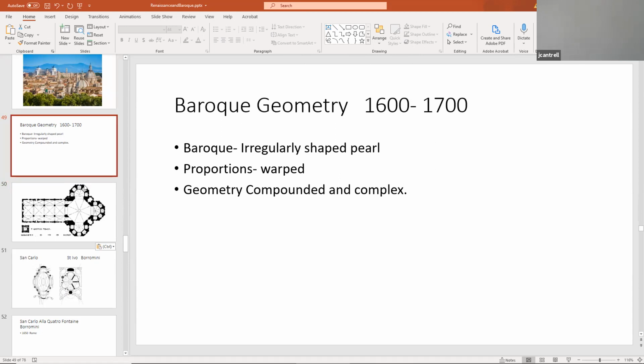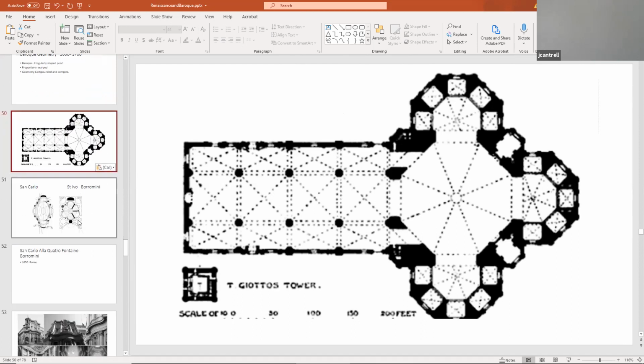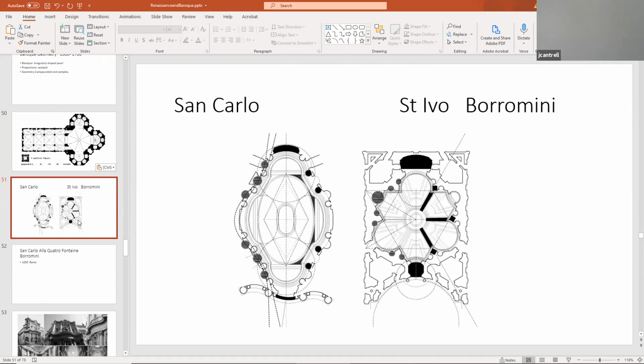Let's take a look at the plan of the Cathedral of Florence by Brunelleschi. This is technically a medieval and Gothic floor plan. Let's look at two prominent architects of the Baroque era. This is, in Rome, San Carlo and Sant'Ivo, both designed by Borromini. There's a lot of spiritual meaning in the complex geometry. We have ellipses now. We're not really building with pure circles, but on the right you can see that the system of triangles is the perfect geometric relationship for a church. We have the triad, the Father, Son, and Holy Ghost, but these are really interesting little complex geometric puzzles.